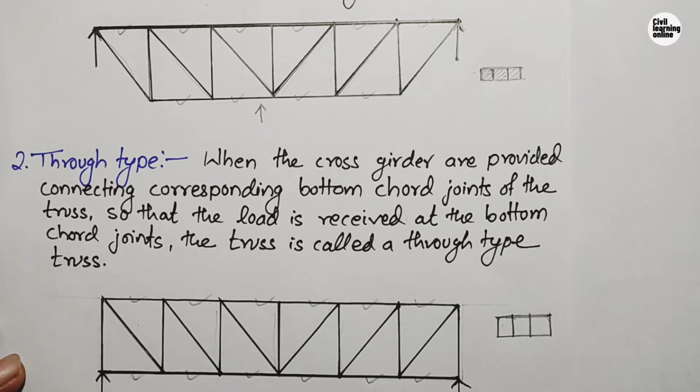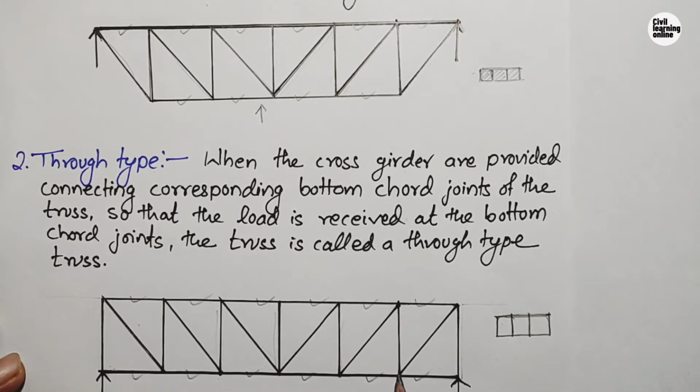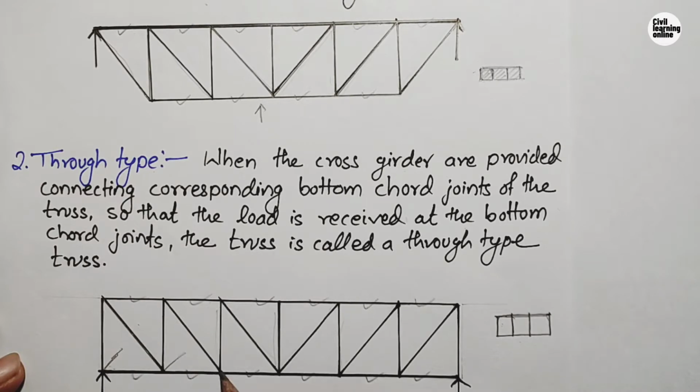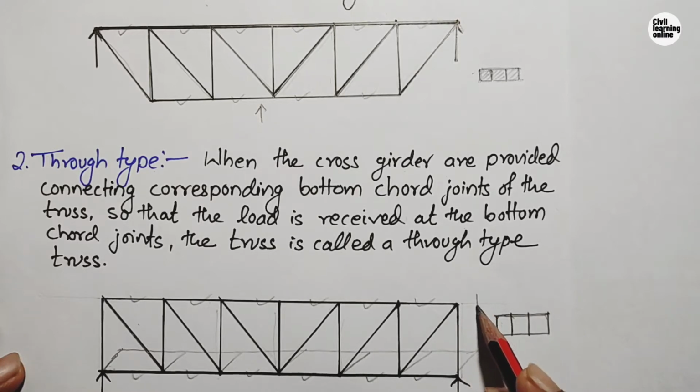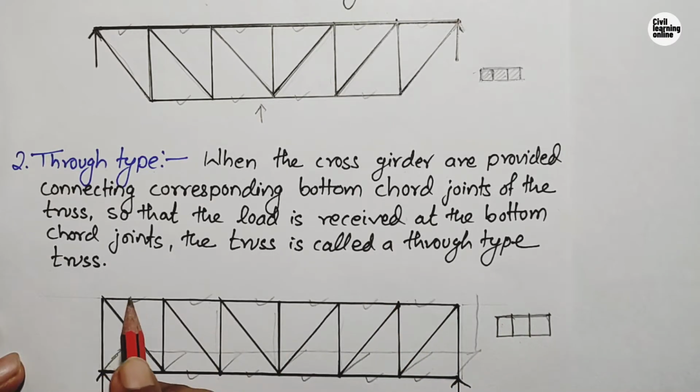It says that the panel or the path for the movement is this. Here in the through type truss girder, the cross girders are connected to the lower or bottom chord member. Here stringers are provided. If you ask me to draw the 3D diagram, then it will be of this type, this manner, this type, and here it will be another truss.